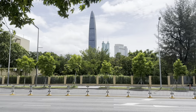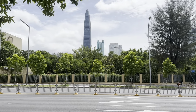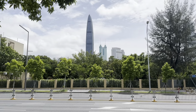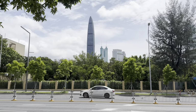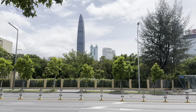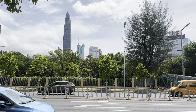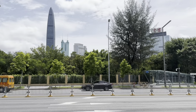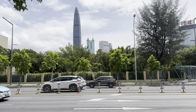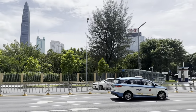From here we can get a pretty good view of two of the tallest buildings in Shenzhen. The really tall one there I believe is called KK 100. It's not the tallest in the city though. The green one with 2 spires used to be the tallest building way back when it was built in '96. I remember I could see it very prominently on the train to Hong Kong back when I used to ride from